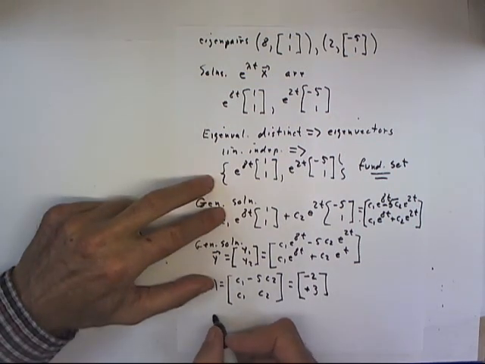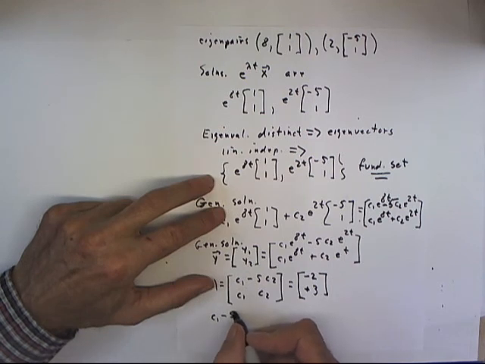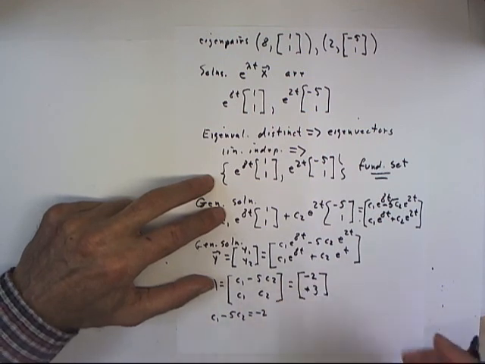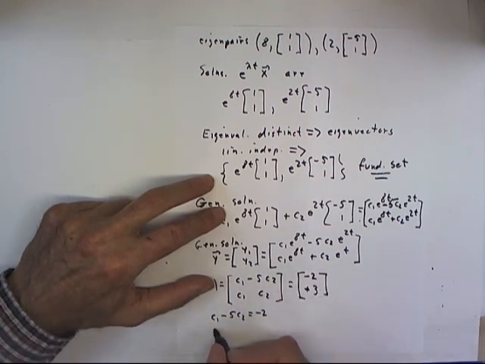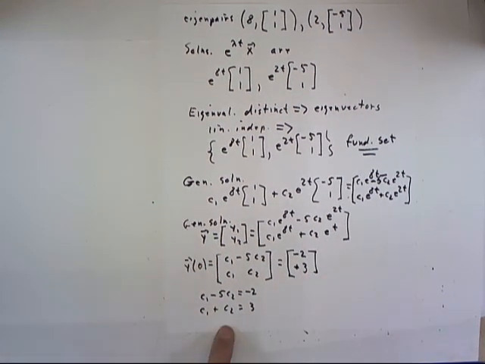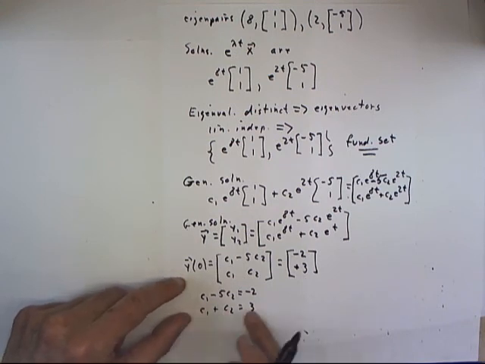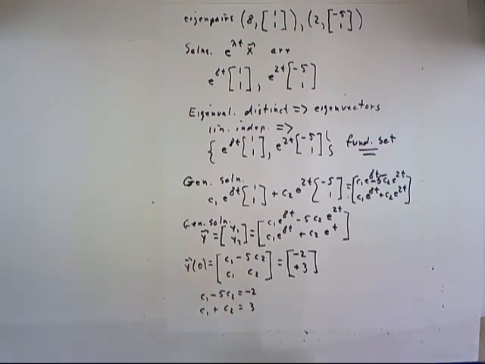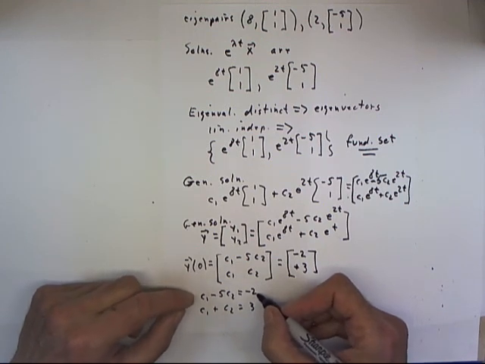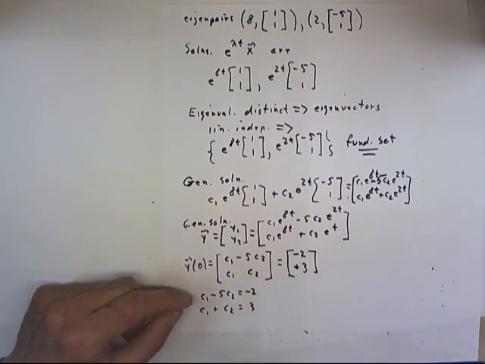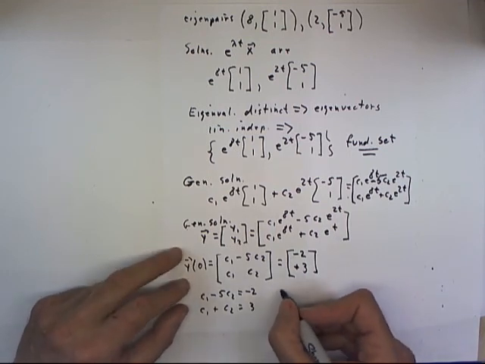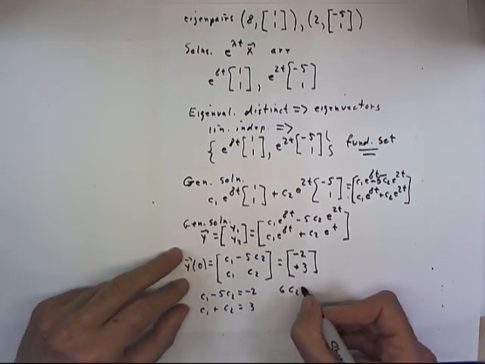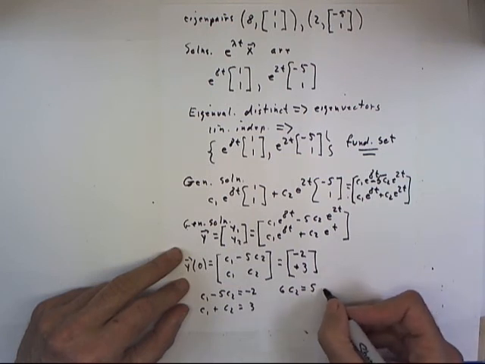so our system can be written as a system of equations. There are many ways to do this. We can simply invert this matrix and multiply by this, but I'll write down the system very explicitly because this is the first method you used for solving a system of equations. So we have this. If we multiply the first equation by negative 1 and add it to the second, C1 is going to go away. We're going to get 6 C2 equals 5, so that